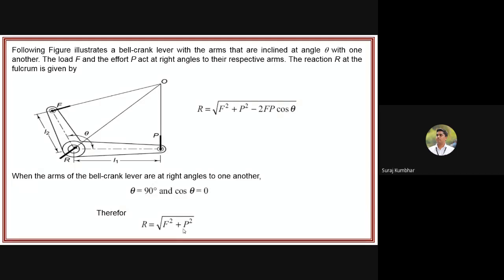How to find the reaction at the fulcrum pin? Yes, please. Only one? What about the remaining students? Do you get how to find the reaction at the fulcrum pin in first order, second order, or in case of inclined forces? These are the formulas: R is equal to F plus P, R is equal to F minus P, and R is equal to square root of F square plus P square. Yes, fine, you are getting it, so it's very good. Now we will go ahead.